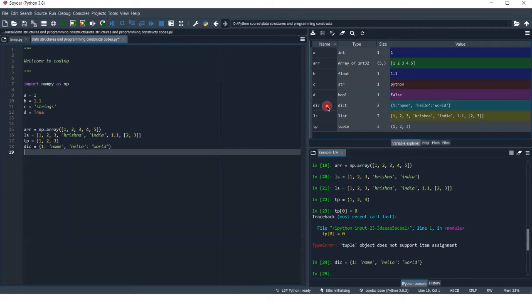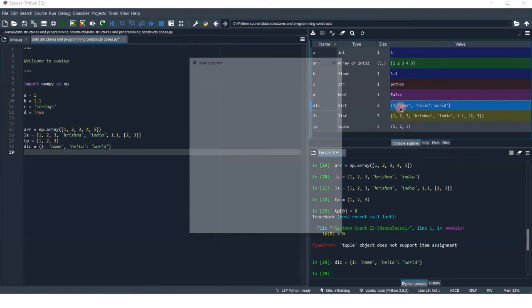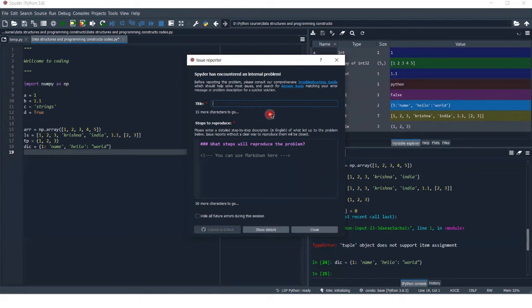As you can see, dict is our variable having type dictionary, and it has two values, size of 2. Okay, sorry, actually, don't open this dictionary.